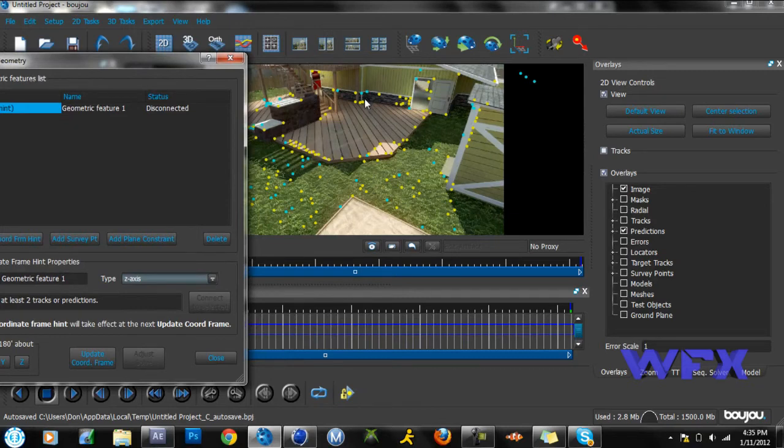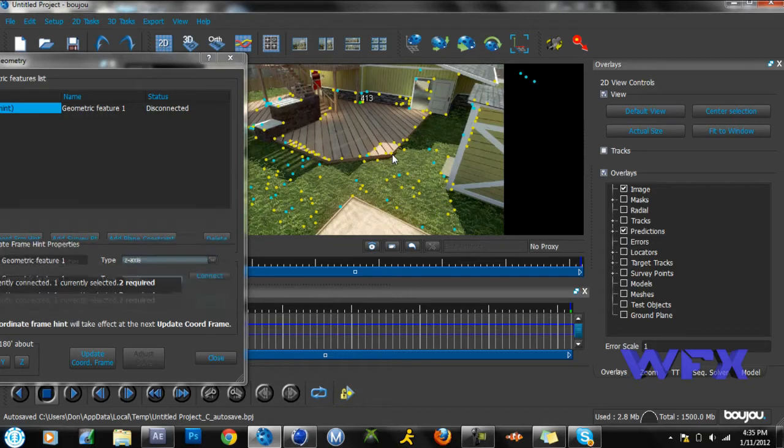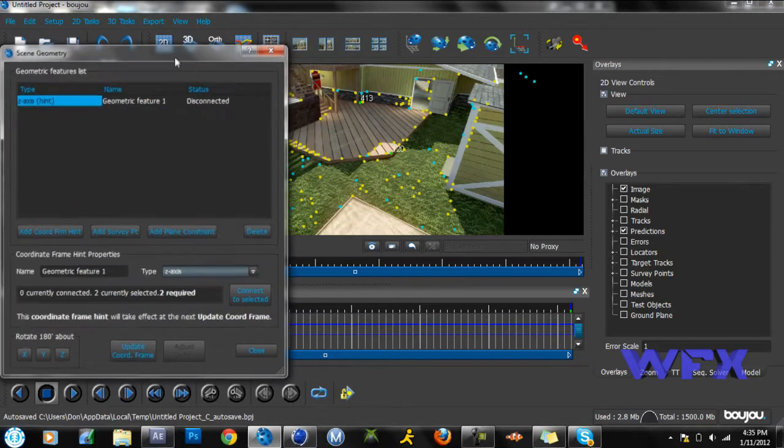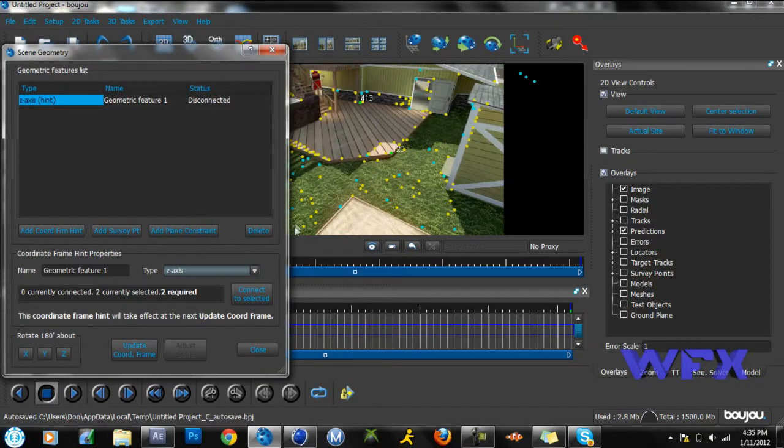So I think I'm gonna choose this one and this one. And now once you have those 2 selected, you hold control, by the way, when you're selecting those, and you're gonna press connect to selected, and that's going to make a link between these 2, and it's going to tell it that